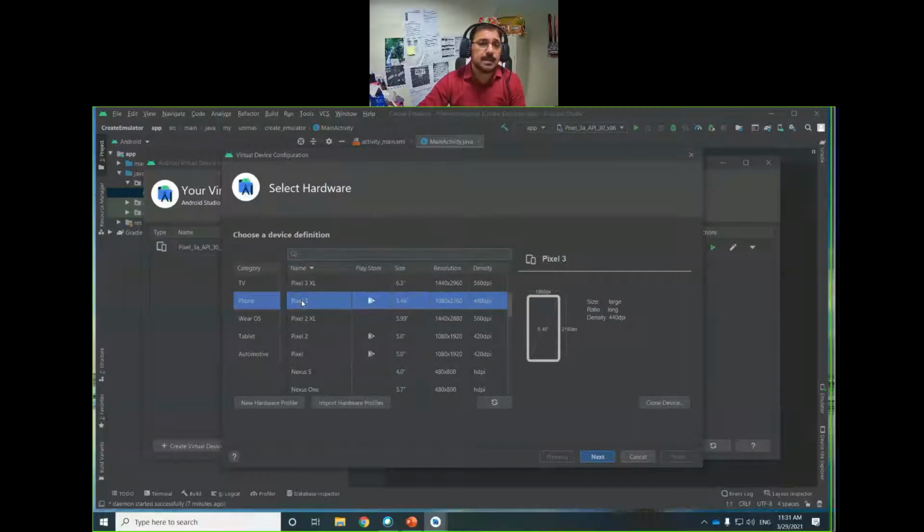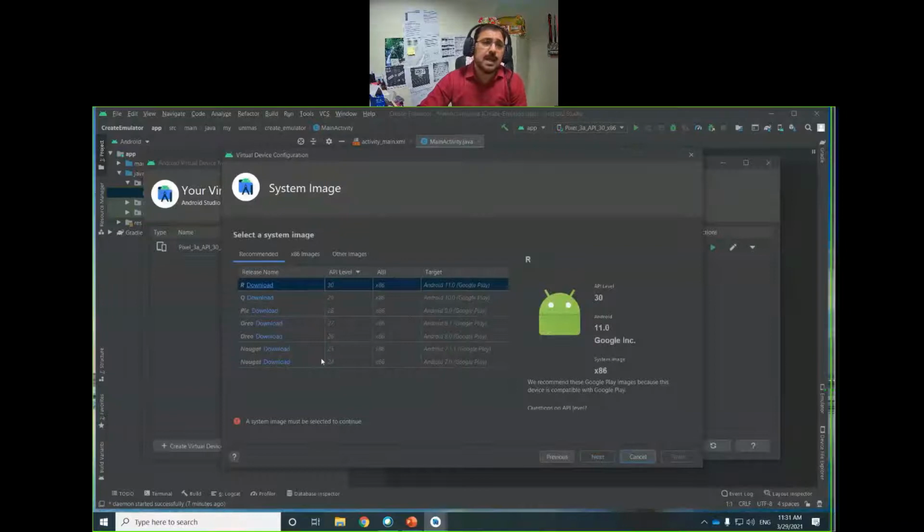Pixel 3. Then on the right side, all the properties are given: the size of this emulator, its width, length, and even its pixel density, everything. Then click Next. Once you select, now we need to download the system image.